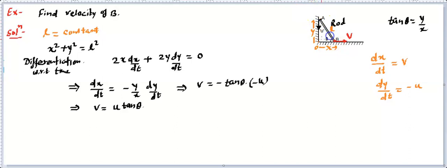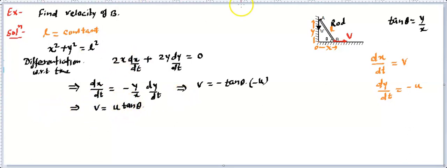That means it also depends on theta, that is, at what instant or at what angle you are finding the velocity. So this velocity will depend on this angle as well as this velocity, right? And this becomes your answer. So this is the basic way. That means you just find out what is the fixed value or constant, and then make the relation between the positions. So that will become the position constraint, and then differentiate it to find the velocity constraint. Further, if you differentiate it, you will find the acceleration constraint, and that will be done.